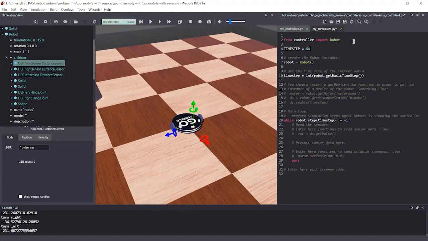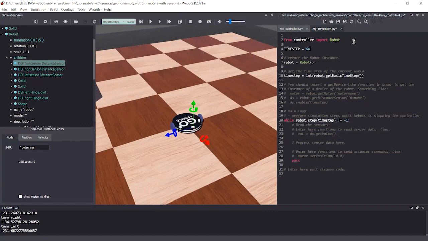So what this timestep means is the step time. The higher the value, the more similar it is to the real world. The lower the value, the more it is towards the simulation world.